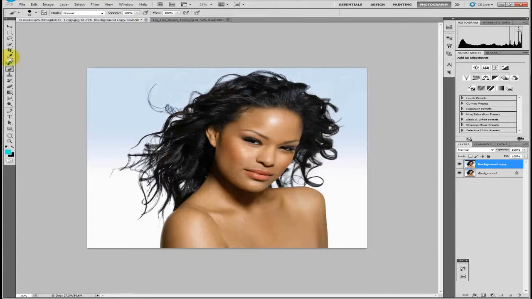So firstly, what we want is the quick selection tool, and we'll just draw around the model like so. We want to catch as much of the hair as we can. So as you can see, it's selected that. If you press your Alt key, you'll notice the cursor goes from a plus to a minus, and that will allow us to draw back in